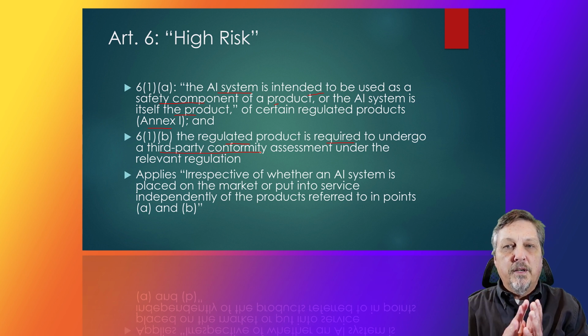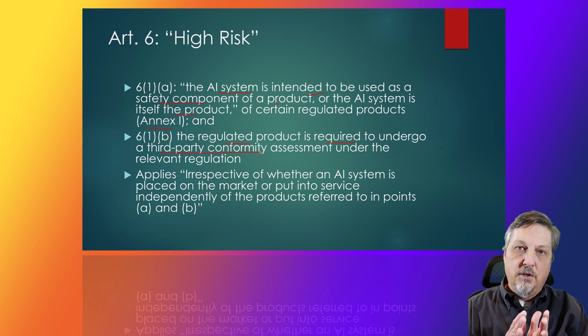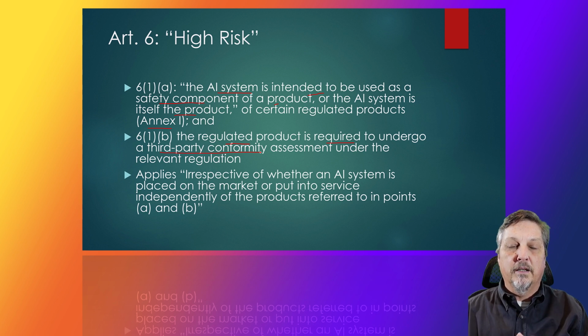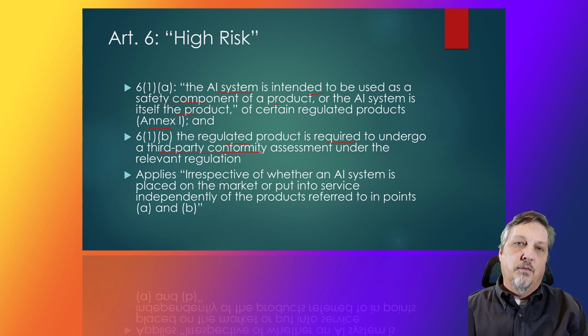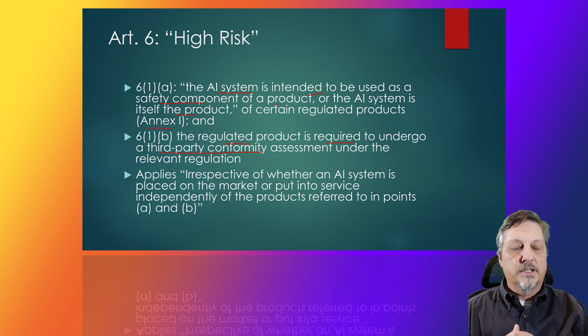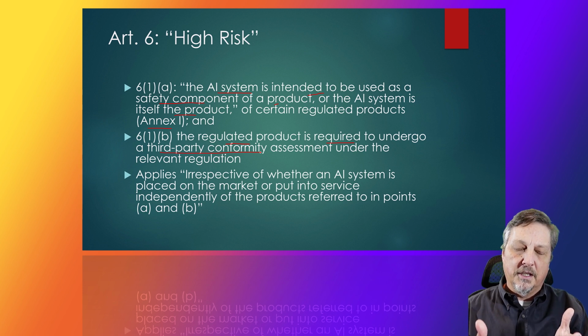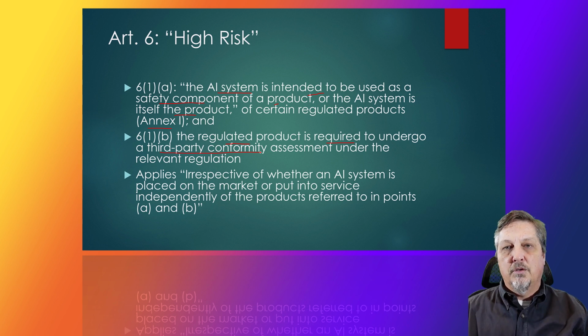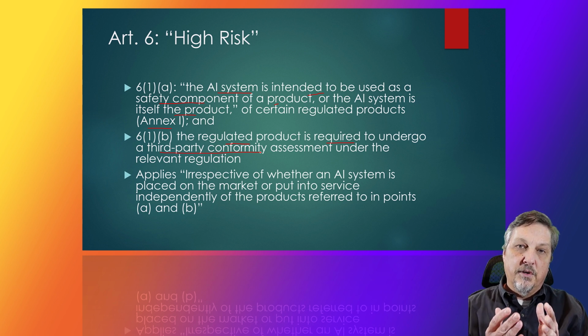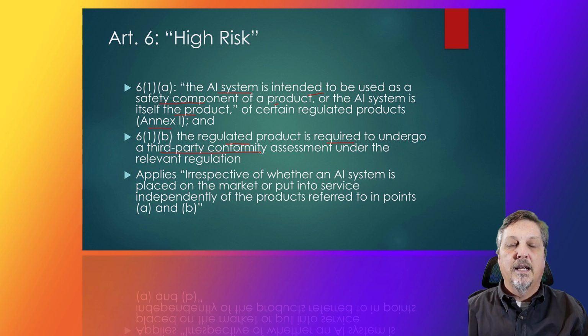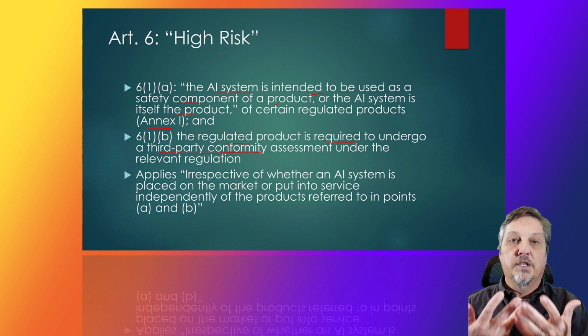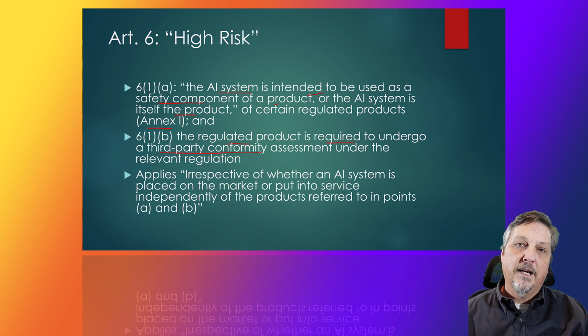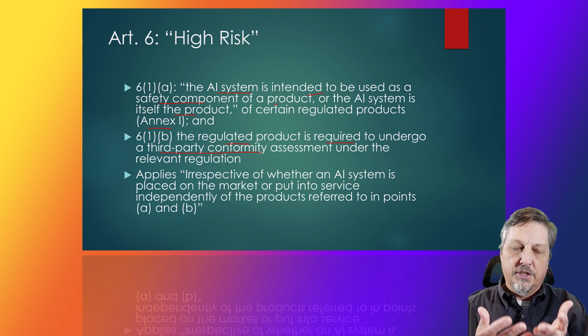So you need to have a little bit of a feel for the background for the way the EU does health and safety type regulation for certain kinds of products. So the regulations will give different kinds of specifications, things that are permitted, things that are not permitted, things that are required for that product, and then it will have a process to obtain some kind of third-party review to certify that the product or service is in conformity with the health or safety regulation, and then often a way of kind of registering that you've received that certificate of conformity.